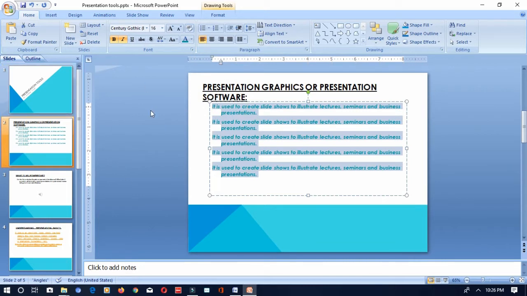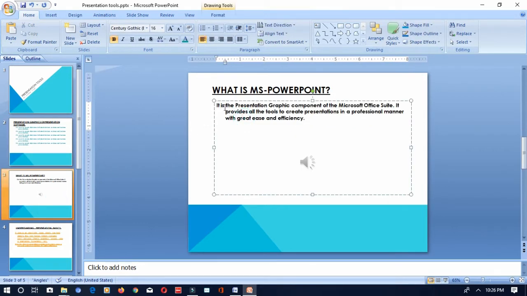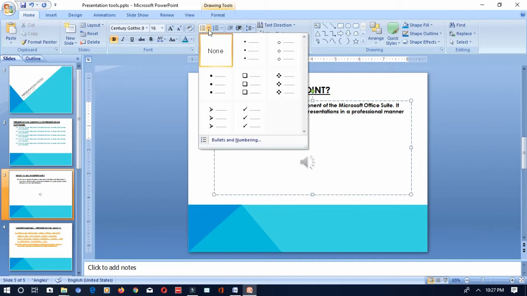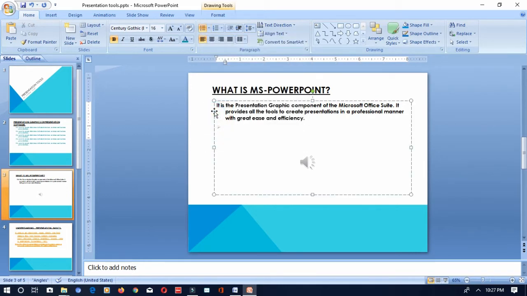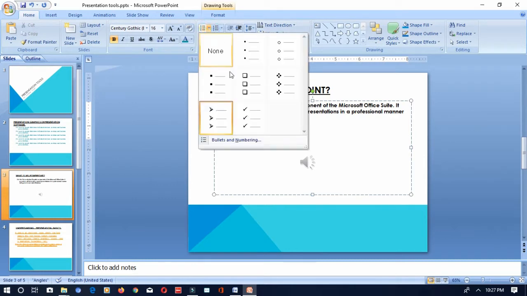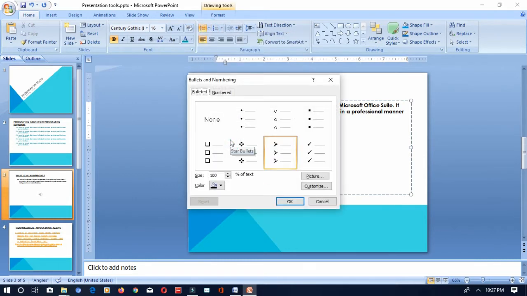Next comes creating the bulleted list. I wanted to create a bulleted list in my PowerPoint presentation. What can I do? Generally you have to go to the paragraph group of the home tab. Okay, see, this is a numbered list. By default it will show you dots. If you want to change it, you can click on this arrow, you can change any of the options over here. Or else if you wanted to open this bullets and numbering dialog box, you can open it and you can change the size of the bullets and you can change the color of the bullets also.